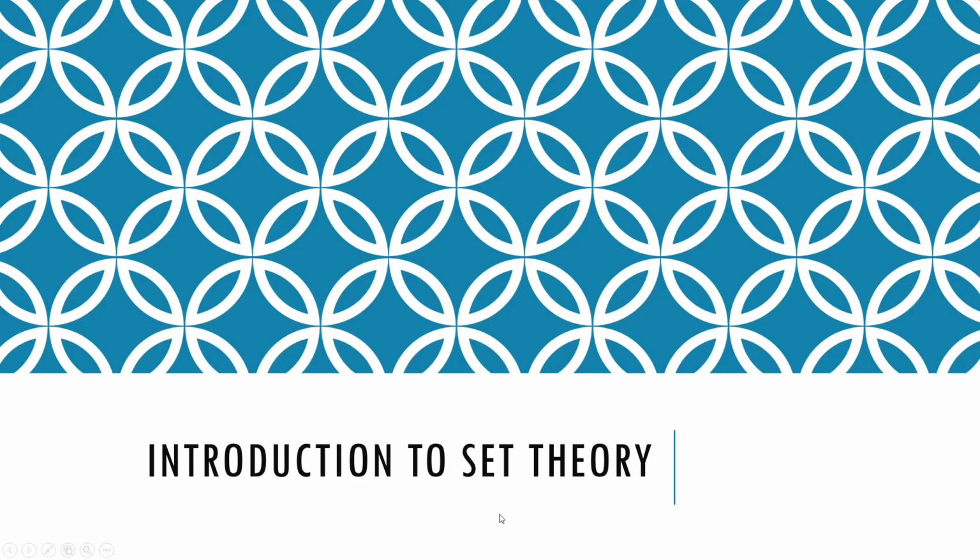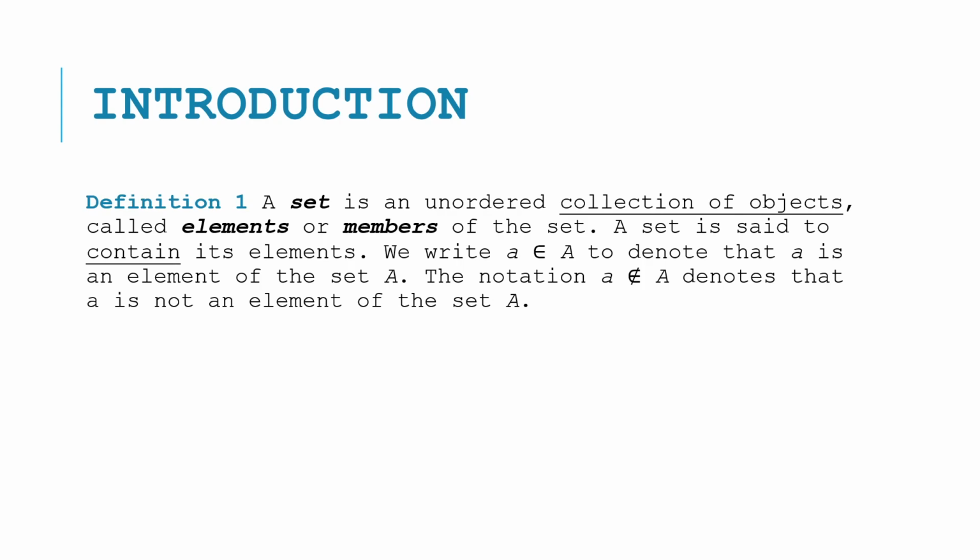Introduction to Set Theory. A set is an unordered collection of objects, and these objects are called elements or members of the set. A set is said to contain its elements, and we write a ∈ A to denote that a is an element of the set A. So this symbol here denotes that a is an element